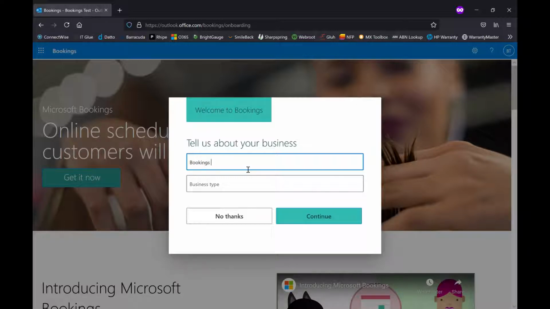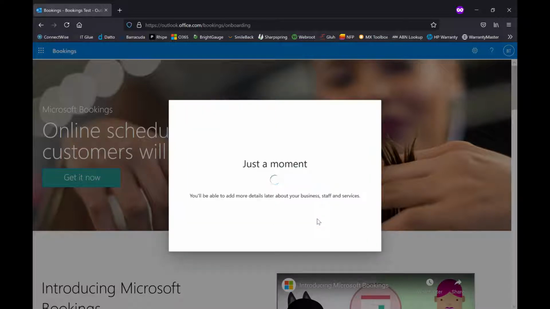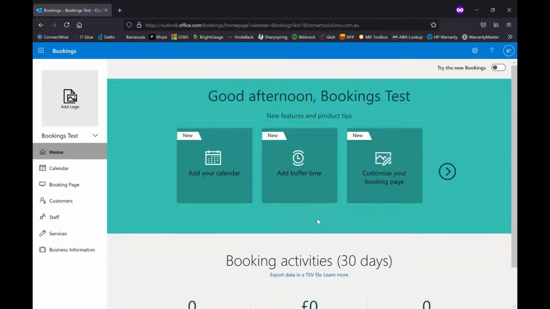So I'm just going to name this bookings test, for example, for the sake of this demonstration, and you'll see here it'll just take a moment in the browser to create the bookings calendar, and then here we are. So the first thing that I want to highlight, obviously this entire piece of software is browser based,